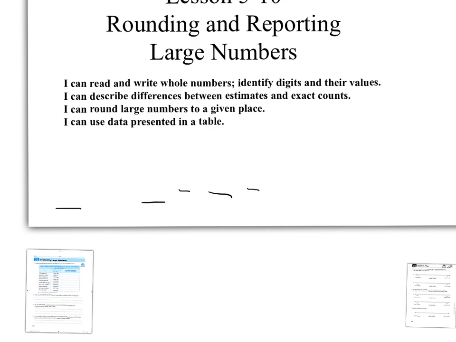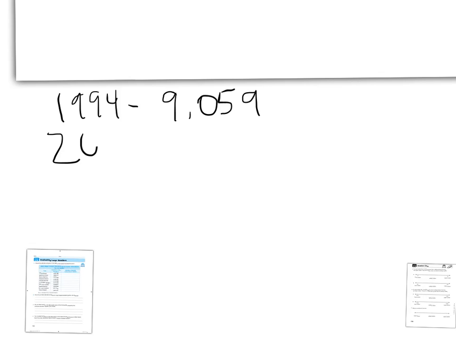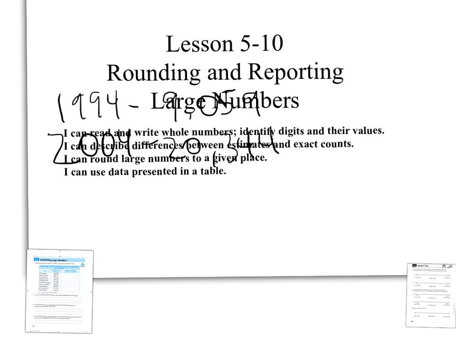Alright, so the next thing is I can describe differences between estimates and exact counts. So, in the Boston Marathon in 1994 had 9,059 runners. Okay, that was the reported number of runners. In 2004, they had 20,344. Knowing this data right here that they collected, and this actually also could fall into, I can use data presented